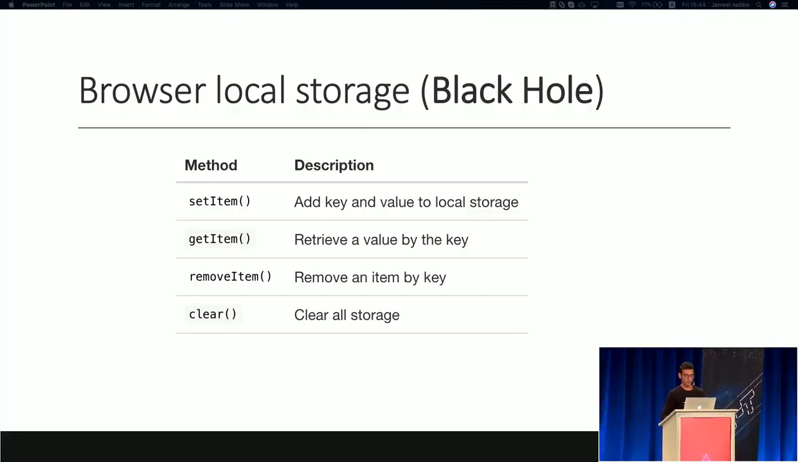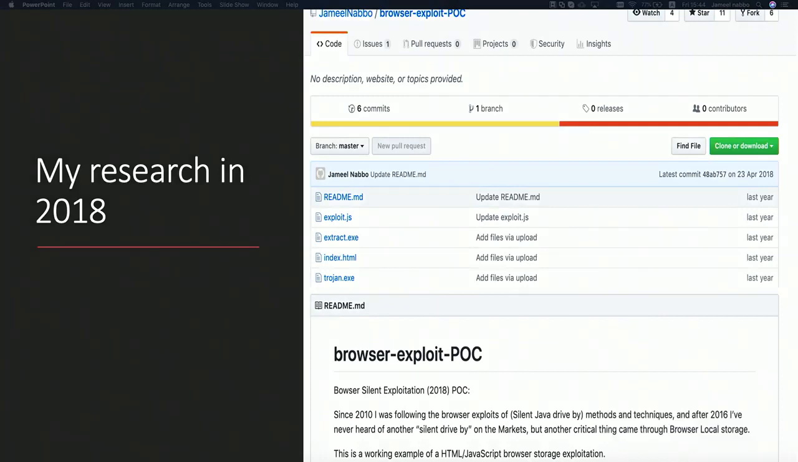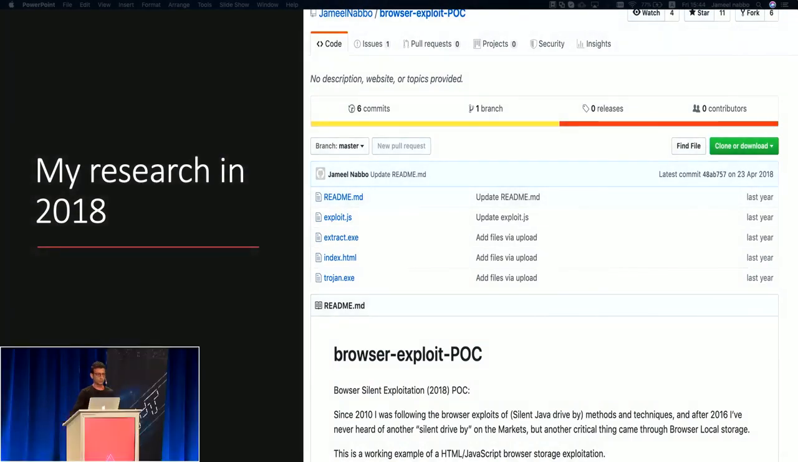The hidden part of my research, no one is mentioning this. It's the black hole for web browser exploitation. No one is writing about it. Mainly it's the DOM tree exploitation like XSS, these stuff. But on the other hand, you can set an item, get an item, remove item, clear. This is where it happens, in the browser local storage. In 2018, I did research where I was able to create an exploit that places a string shellcode into the browser